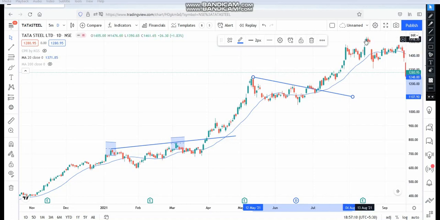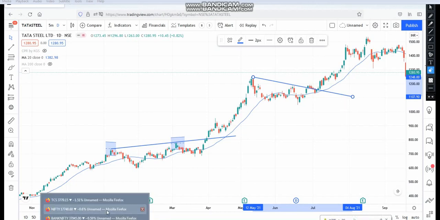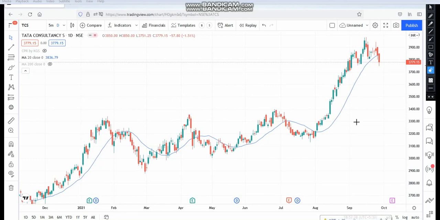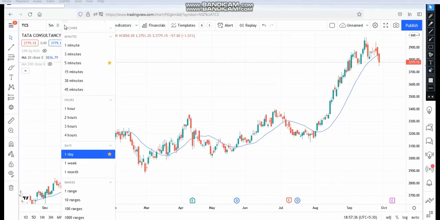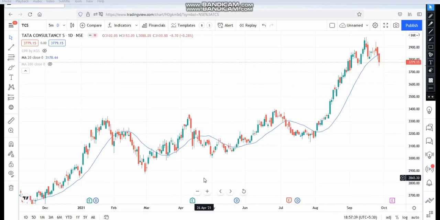And the next one we are going to see is 1 minute. Next one, this is TCS, Tata Consultancy Services. Here also I have taken the historic chart with 1 day candlestick. This is a 1 day candlestick historic chart. And here you can see the trend line I am going to draw now. This is the trend line I have prepared now.